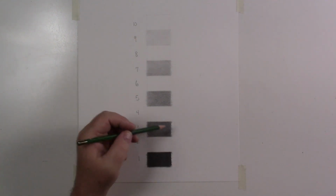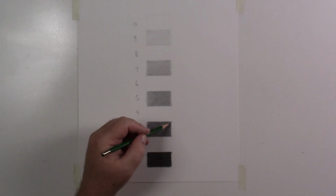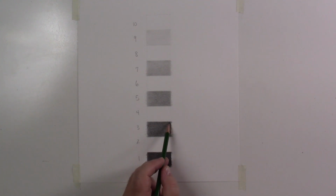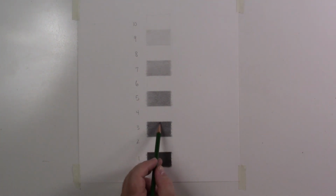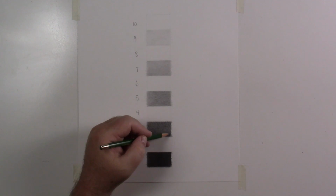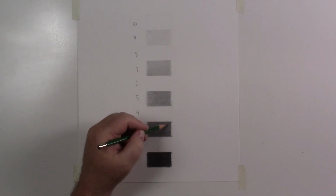Again, not bad. I think I'm going to grab the HB pencil. Like I said, I can't remember if I used this one. I think I might have actually skipped it. But the reason why is that 2B is going to go darker much more quickly. So if I grab a slightly lighter pencil like this HB, then I have a little more control. So I'll be able to darken it with a lot more care,